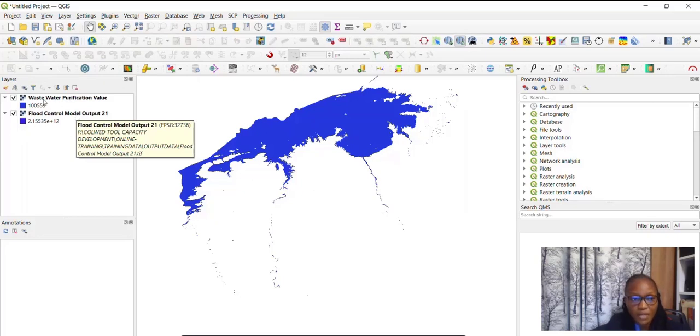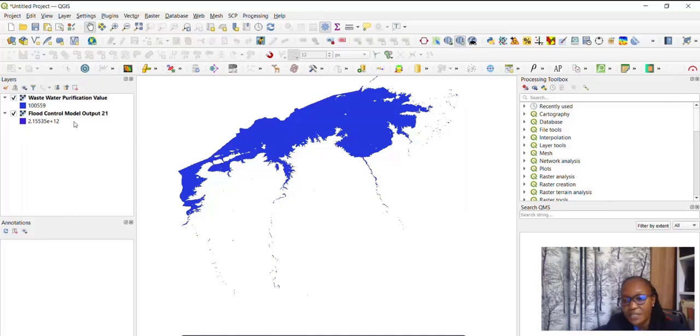So this now will be added to the flood control output, amongst other models that are yet to be run, so that we can visualize and say that Kariba Dam is not just a matter of the water that it stores for domestic or irrigation or any other use, but there are other services that contribute towards the value of Kariba Dam.